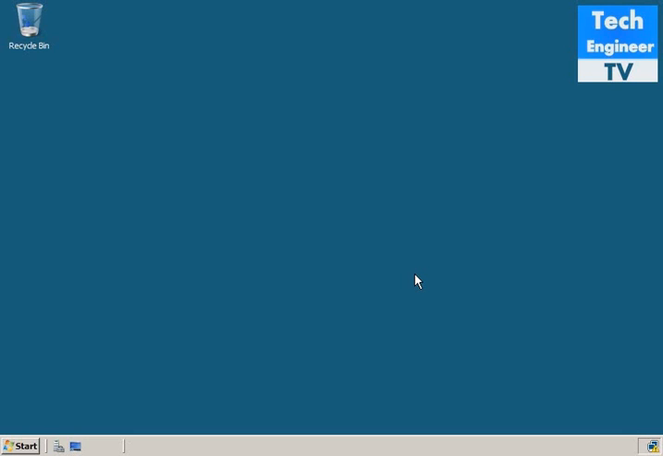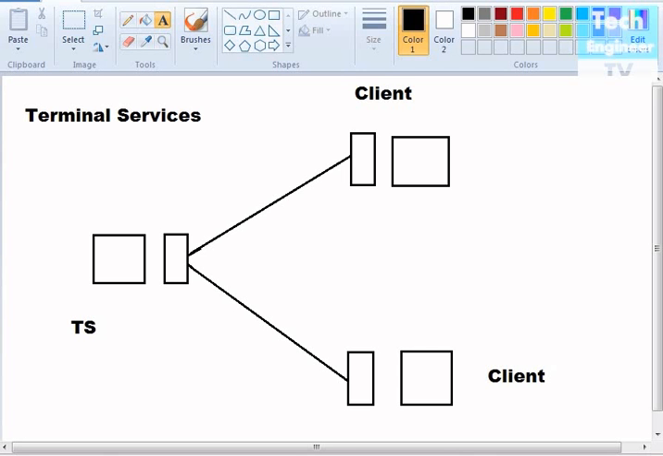Hello there, in this tutorial I'm going to show how to configure terminal web services. Before that, let's see the concept of terminal services. Terminal services is a very cool thing, and that is, we try to access software